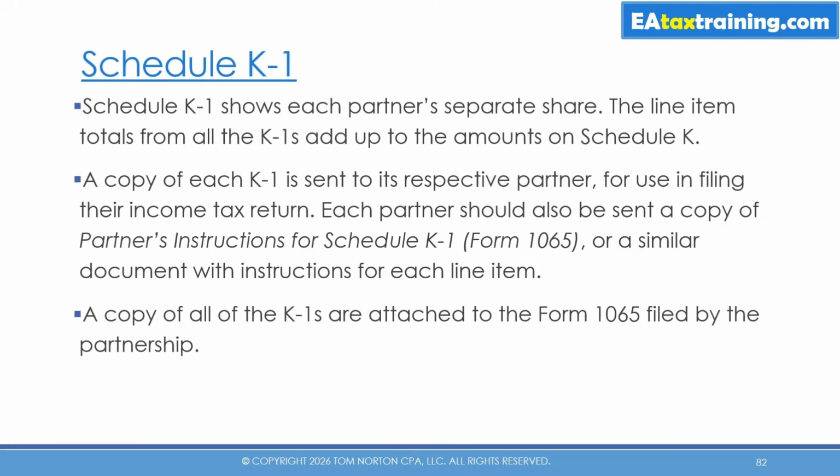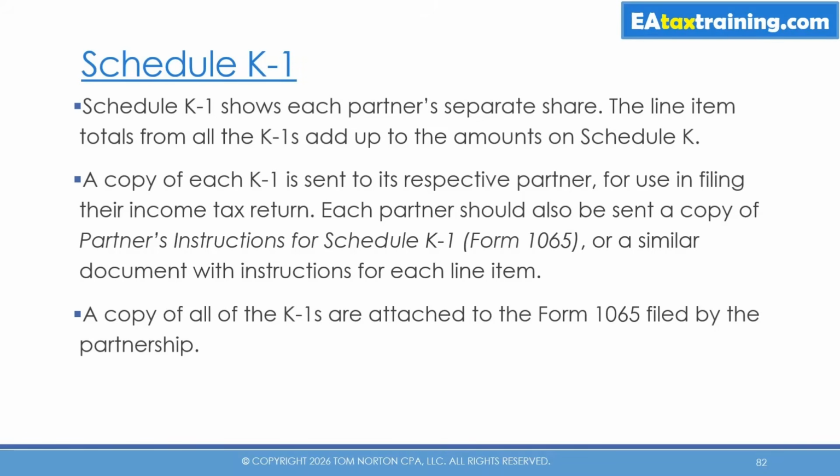Then we've got Schedule K1. So Schedule K shows the entire partnership's income and expense items. Schedule K1 shows each partner's separate share of those amounts from Schedule K. So if you add up all the line items from all of the Schedule K1s, it's going to add up to the amount on Schedule K, because K1s are just distributing out the amounts from Schedule K to the various